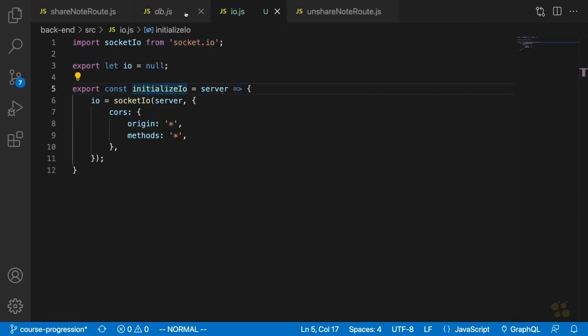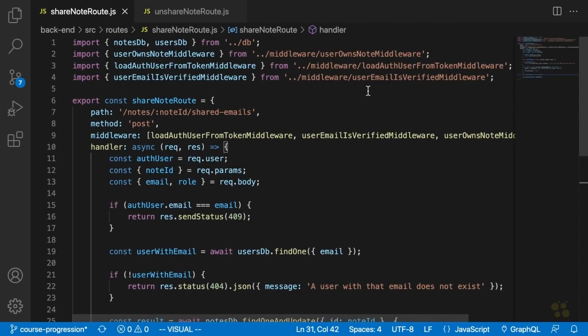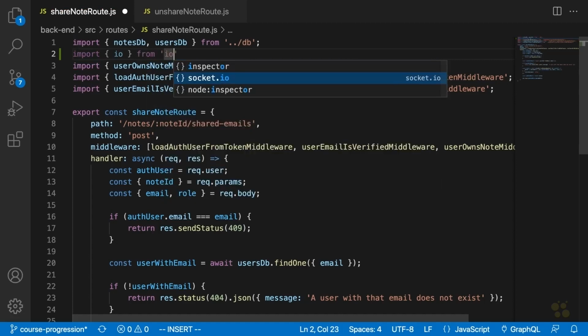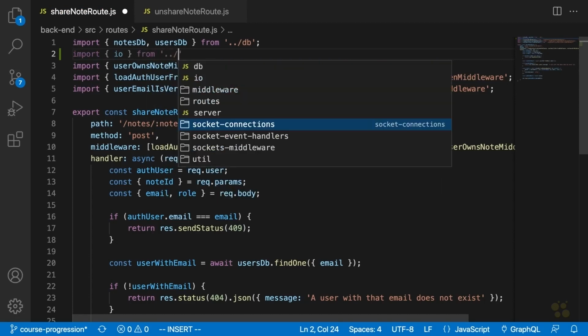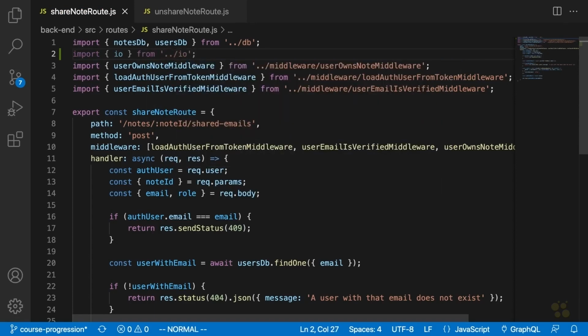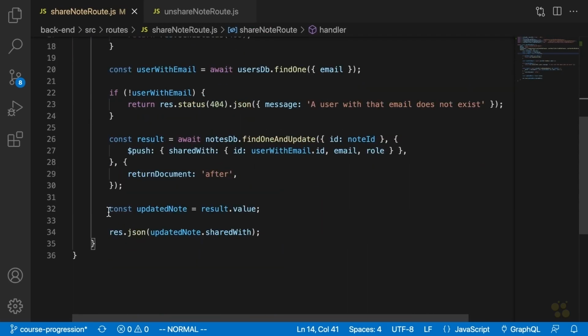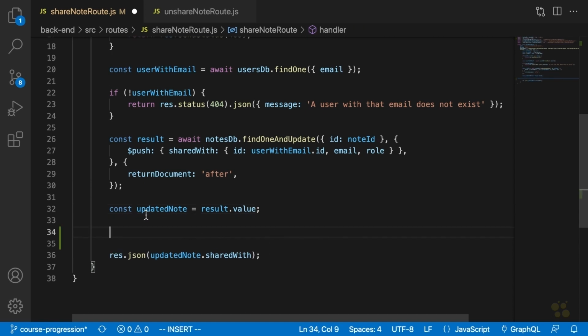So now that we've done that, we can access IO from inside our share note route and unshare note route by saying import IO from IO. Actually, that's going to be //IO. There we go. And then what we're going to do, like I said, is once we have the updated note, we're going to emit an event that our front end can listen for, telling the front end what happened. So what that's going to look like is we're going to want to find out what user this updated note was just shared with